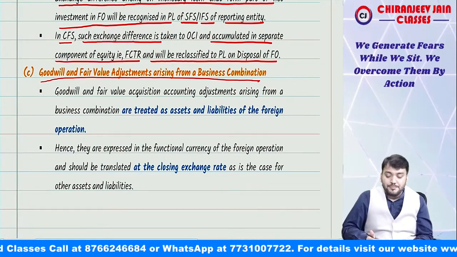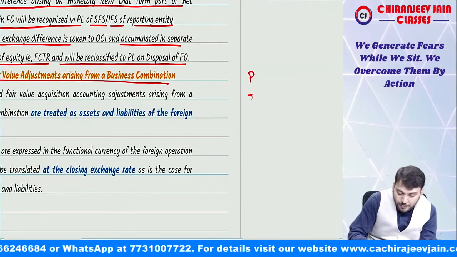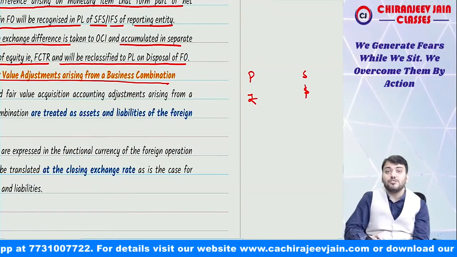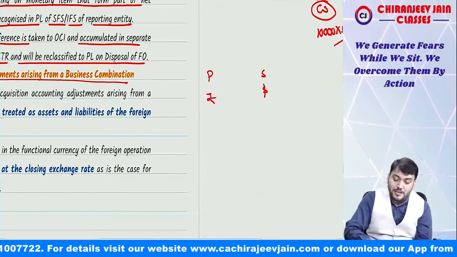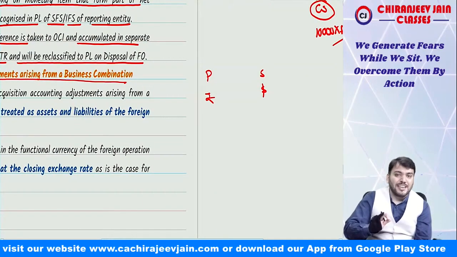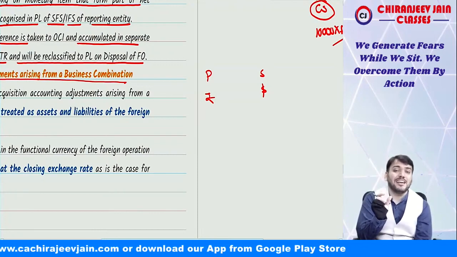Now it might happen in exam. Suppose they have given one parent company in rupees and one subsidiary in dollar. Till now they have not asked any question on consolidation of foreign subsidiary. If you want to learn the consolidation of foreign subsidiary, of course I will not take it in this lecture. I don't take it in regular class also because they have not taken any question.